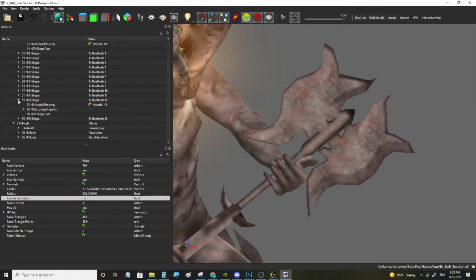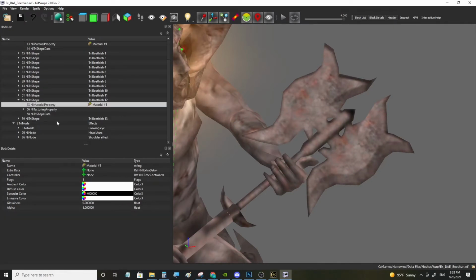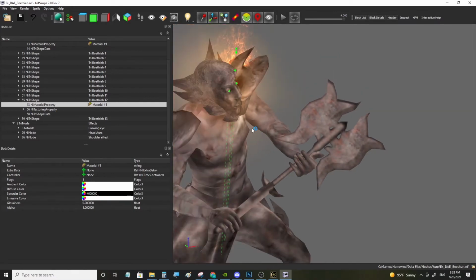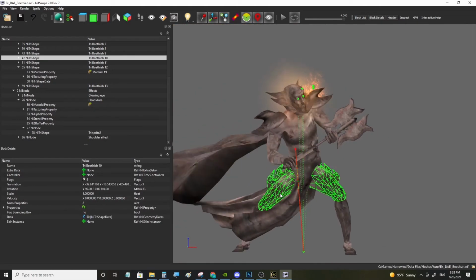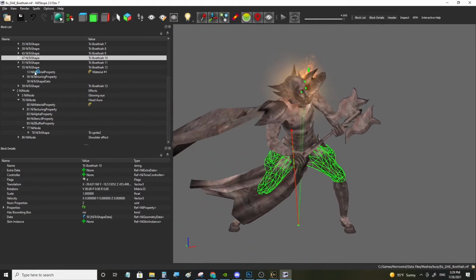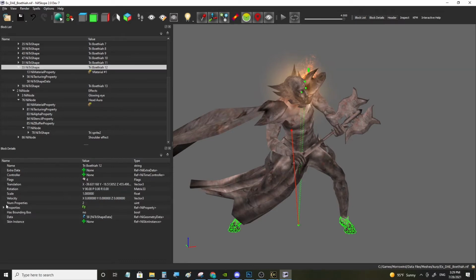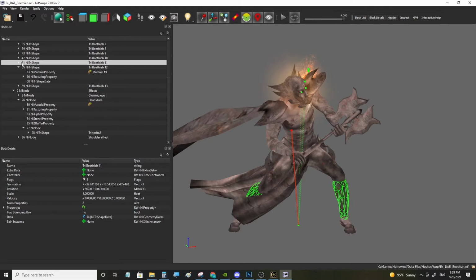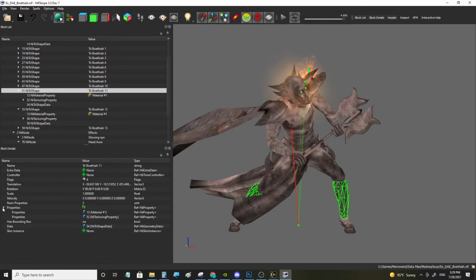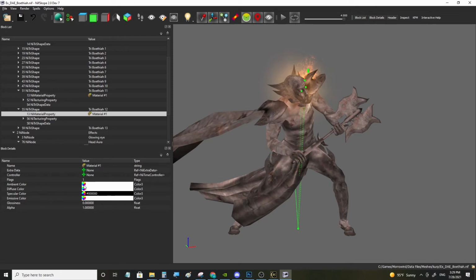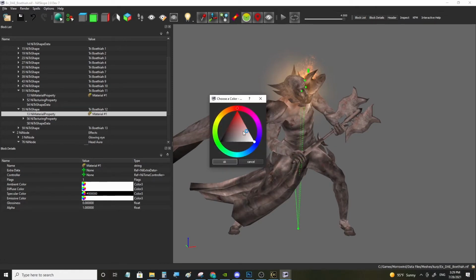And now the other property is the NiMaterialColorController. For example, now the remaining meshes, for example, body parts of this statue still share the same material property, which is node 13. As you can see, this NiTriShape has two properties, and this other NiTriShape has also the same material property. And for example, if I change the colors here, maybe to red